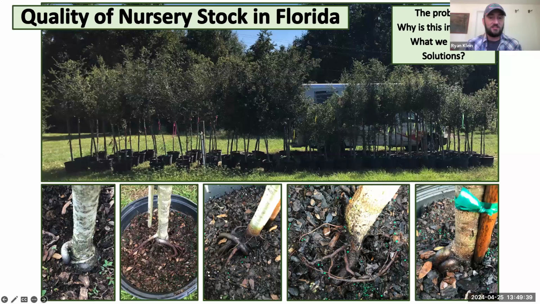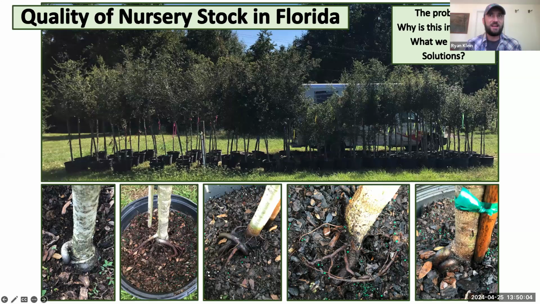And we're looking at these over about a 4-year time frame before we're going to write this up. So a little bit longer study, just to kind of get an idea of what we're looking at. But if you just look at the top image there, these were all 15-gallon live oaks, and they ranged anywhere from somewhere around 1 inch in caliper up to almost 3 inches, and somewhere in like the 5-foot range up to almost like 13 or 14 inches.